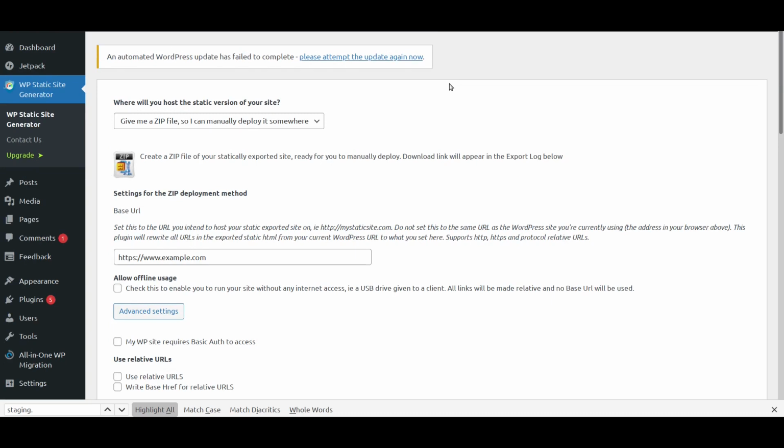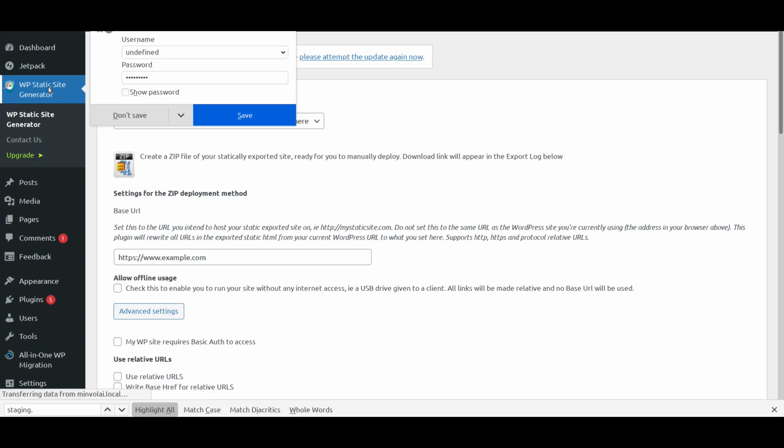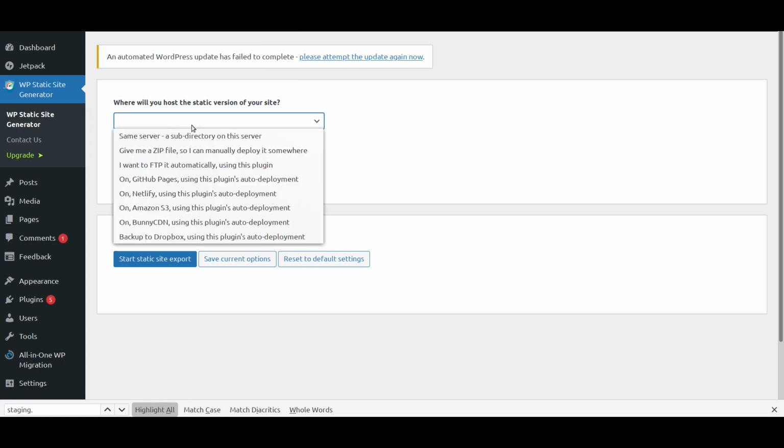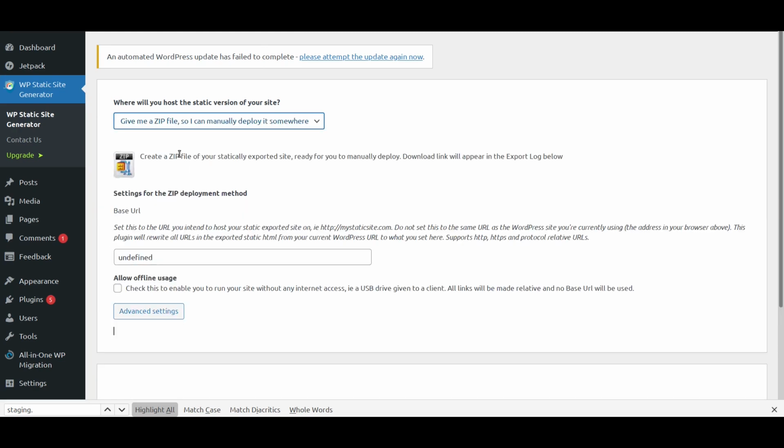At least in the free version, one of the other problems that I found with WP static is that when I try to generate again, I need to start giving all the configuration again. So again, I've got to select zip file. None of my previous settings are remembered. I still need to give my base URL. This is a little painful, specifying the same settings again and again. I would prefer it to be remembered, and I can edit it only when I want to change it. I don't want to enter the same thing over and over.